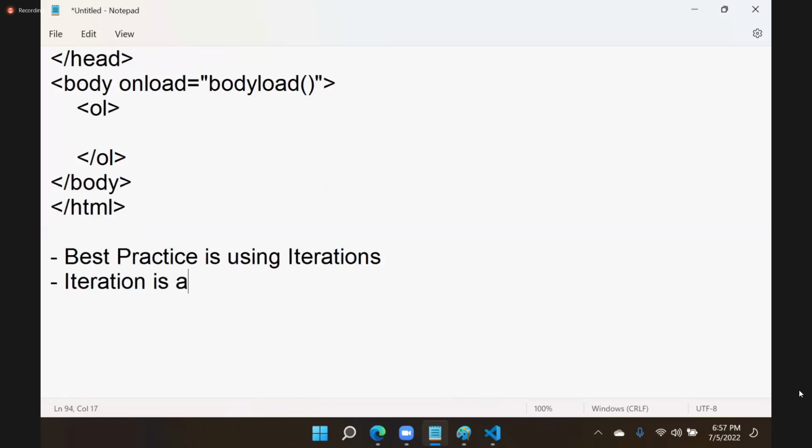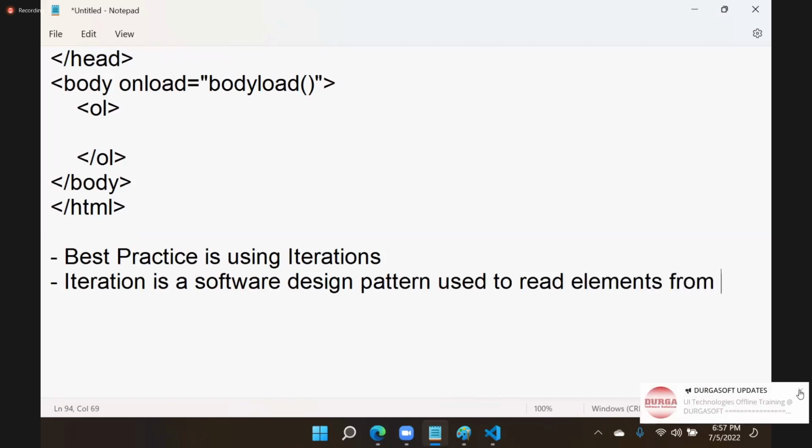Iteration is a software design pattern used to read elements from a collection in sequential order. The specialty of iteration is that it doesn't require